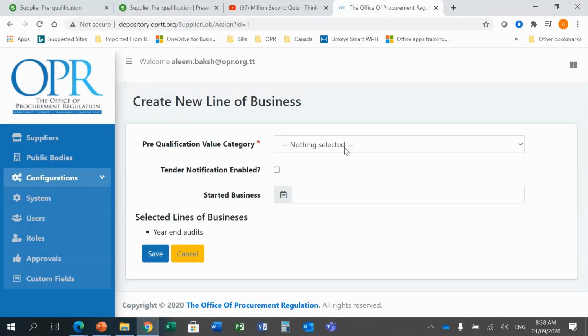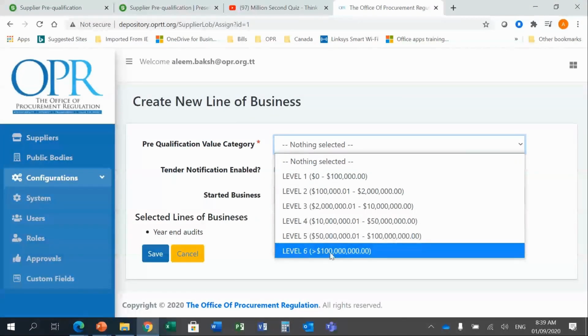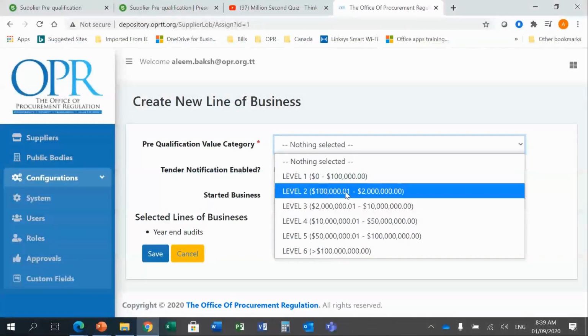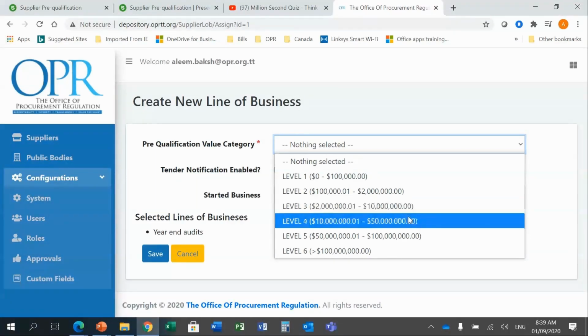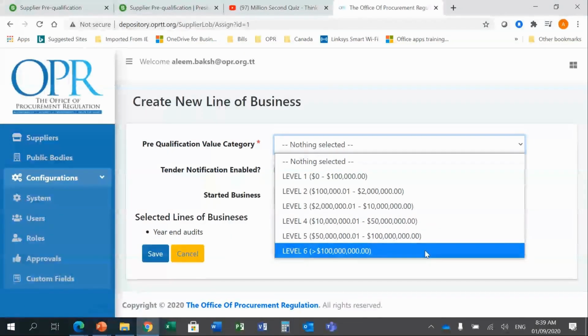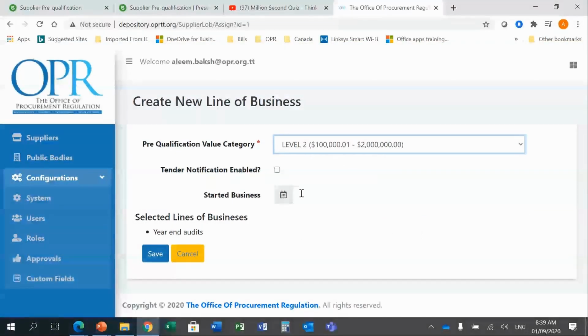And here I'm presented with a list of pre-qualification value categories. So what are my pre-qualification value categories? There are 6 levels. Level 1 is between 0 to 100,000. Level 2 between 100,000 and 1 to 2 million. Level 3 is 2 million and 1 to 10 million. Level 4 is 10 million and 1 to 50 million. Level 5 is 50 million to 100 million. Level 6 is greater than 100 million. So these are the 6 levels, and the user will then select which level they can suitably or comfortably supply